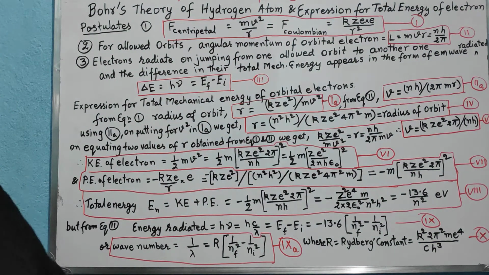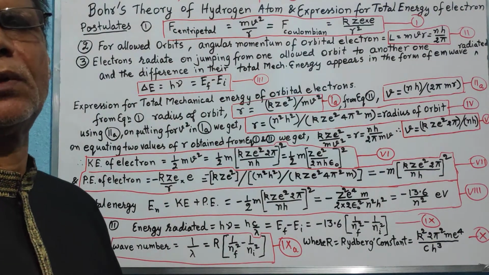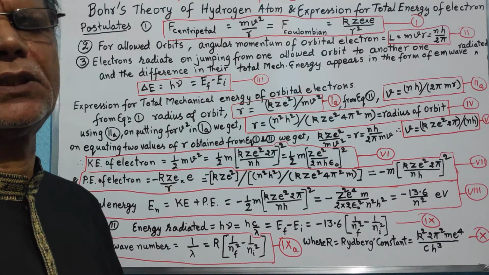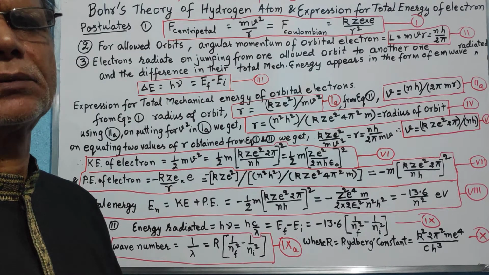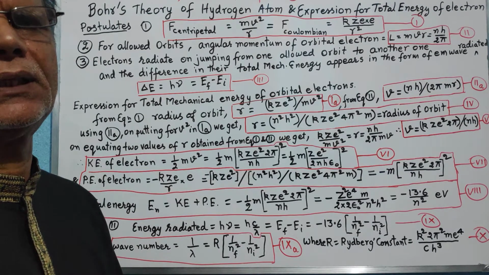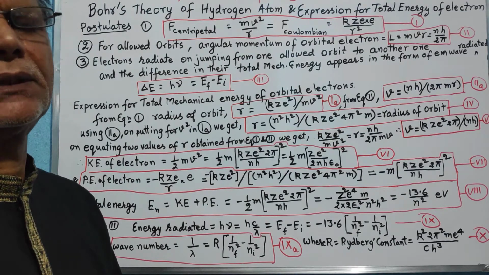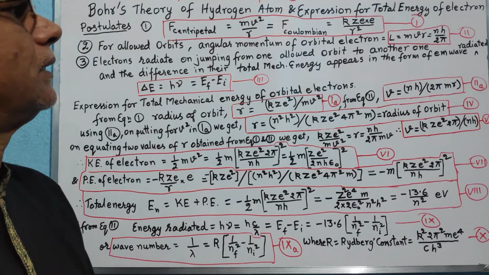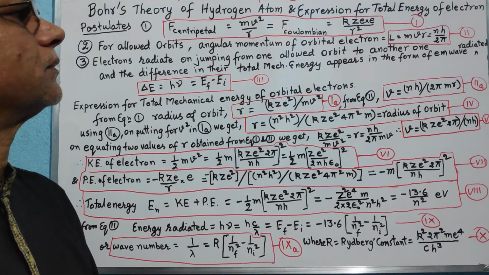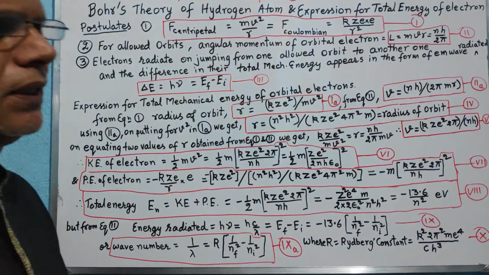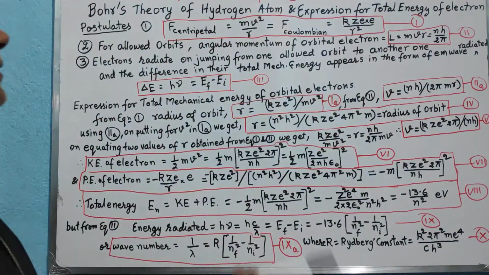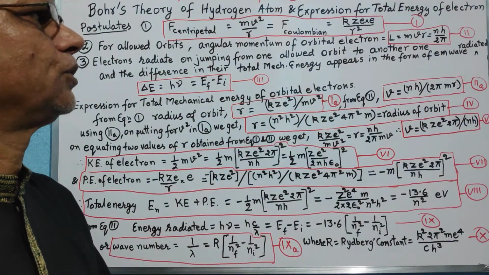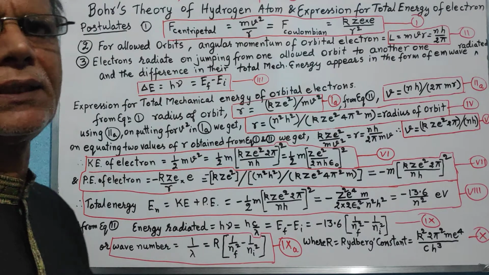Dear students, today we are going to talk about Bohr's model, the new idea which Niels Bohr brought to remove the anomaly in the atomic model given by Rutherford. And the postulates he made were: the first postulate was that the electrons revolving around the nucleus are provided the necessary centripetal